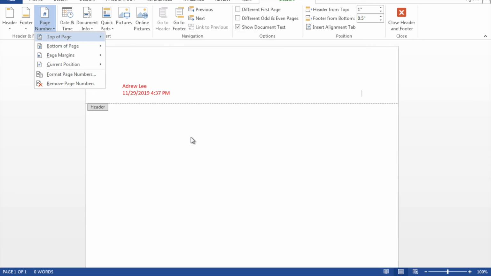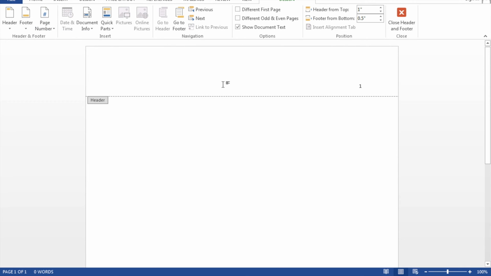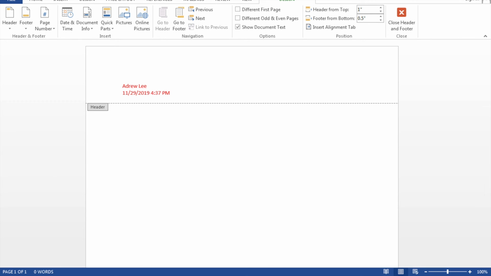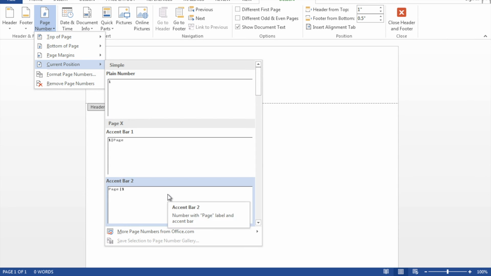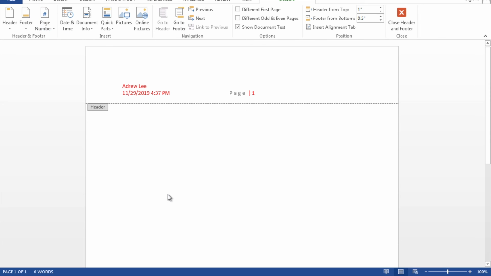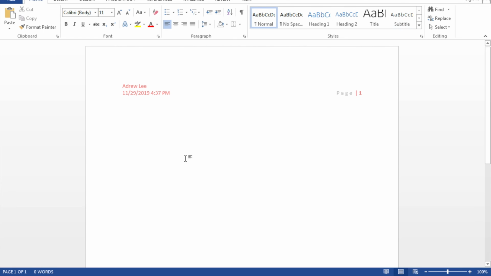We put it to the right. That's all. We just click close header and footer.